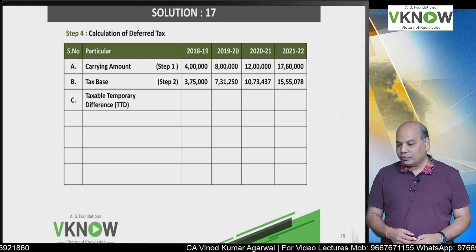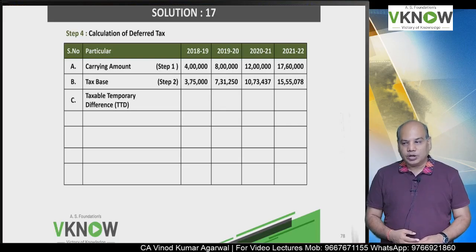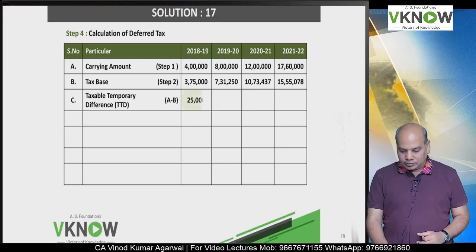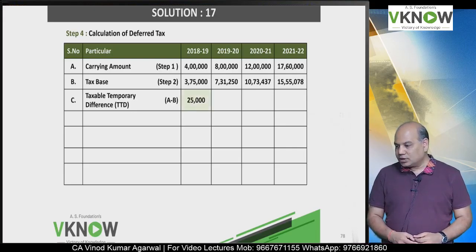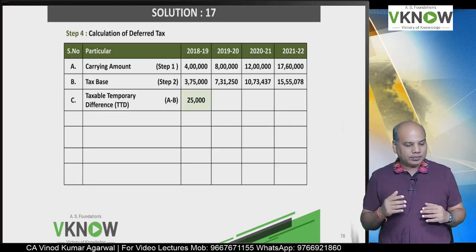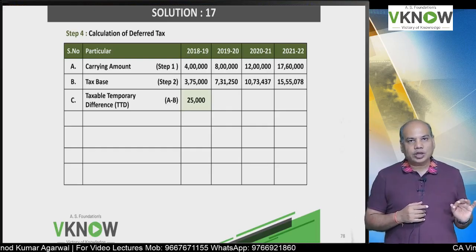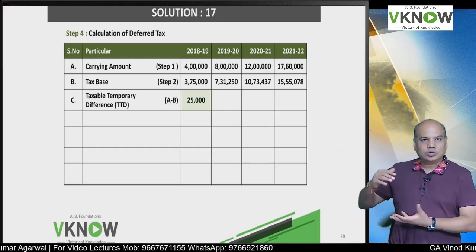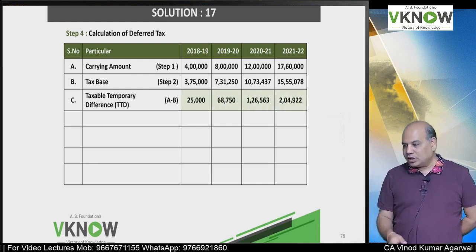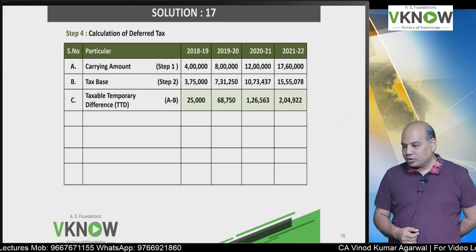Then we'll write down taxable temporary difference. Taxable temporary difference, A minus B in all the 4 years. In all the 4 years, carrying amount is more than tax base, and the reason is depreciation rate is lower for accounting but higher for taxation, so your tax base is on the lower side. No problem, whatever is the data, on that basis you have to solve. In all the 4 years, I have TTD,